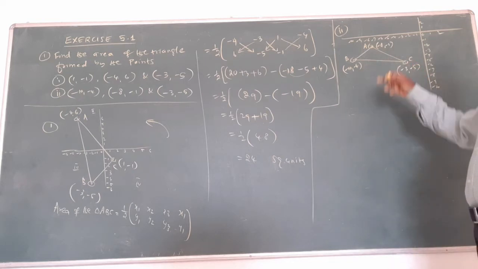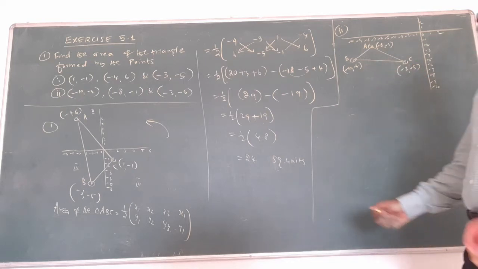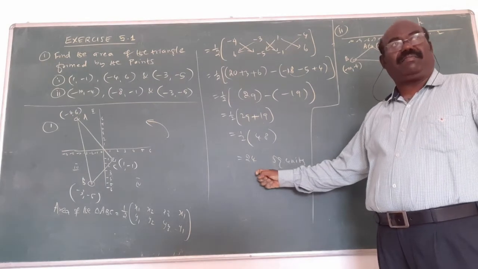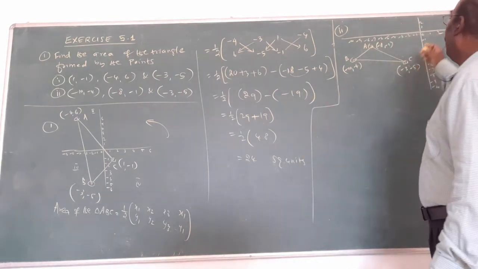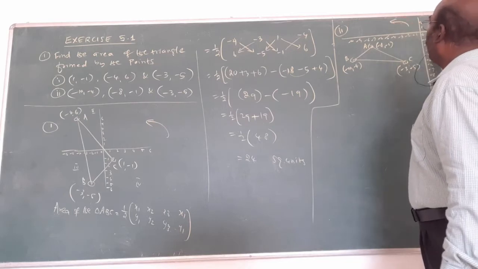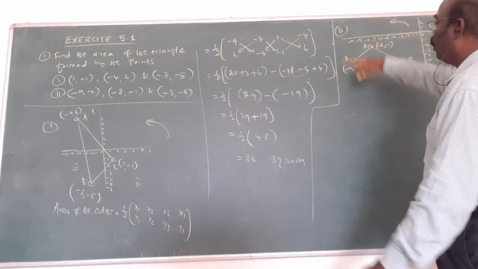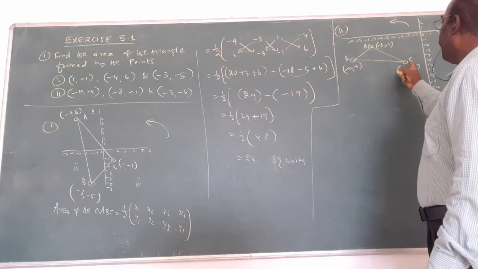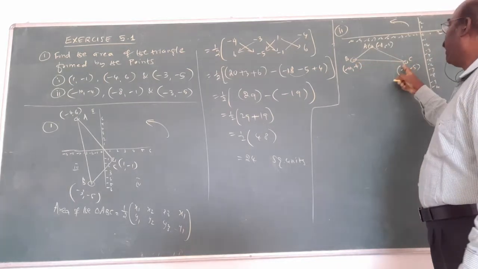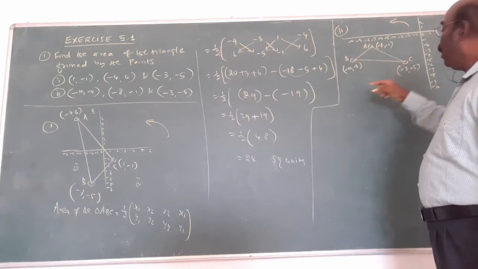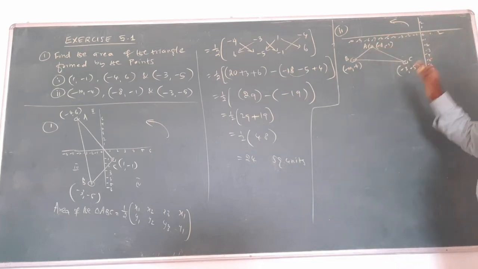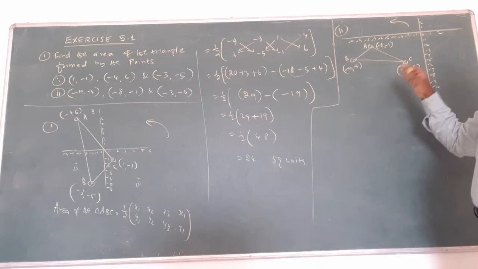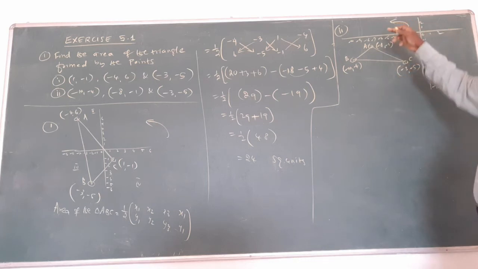Suppose without drawing the diagram, a negative answer may come. That is wrong. Already told you, plot the points. Moving always anti-clockwise, this way you want to do. Suppose here A, B, C. Suppose you want to assume this one A, B, C. This is correct. But this side moving gives a negative answer. That's why you want to draw the diagram. Then place the points A, B, C in this way. It's A, anti-clockwise. Now write the formula.